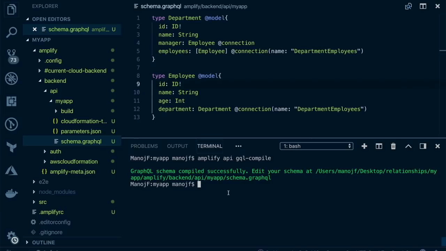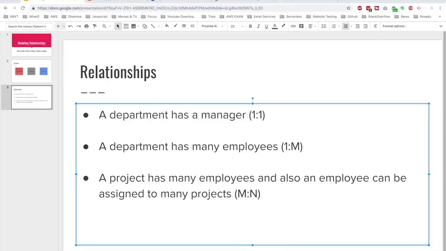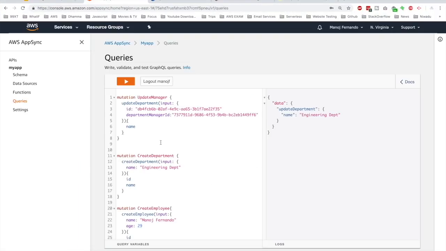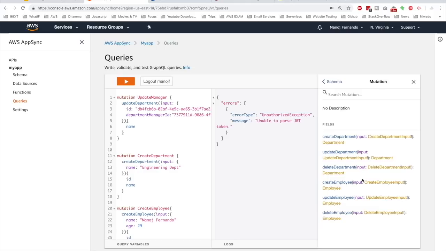Okay, it's successfully compiled. Now let's push our changes, amplify push. So once it is completed, let's go back to our AWS console, to AppSync console. Maybe you have to just log out and log in back. Now if you take the docs and go to the mutations, let's see when you create an employee, what are